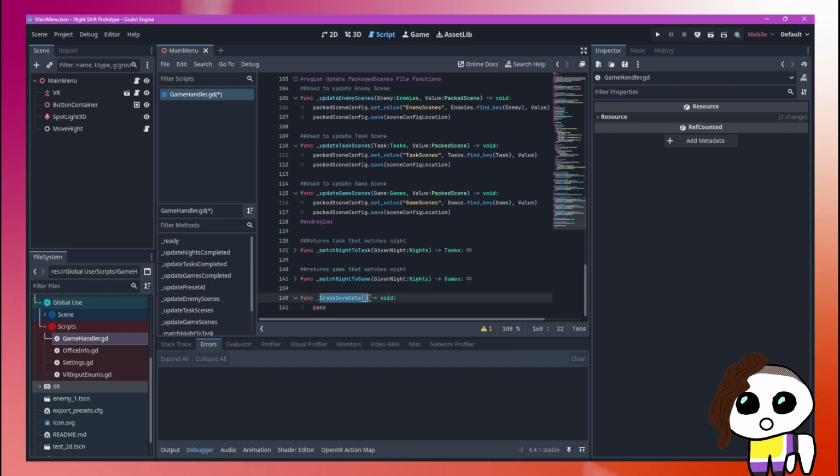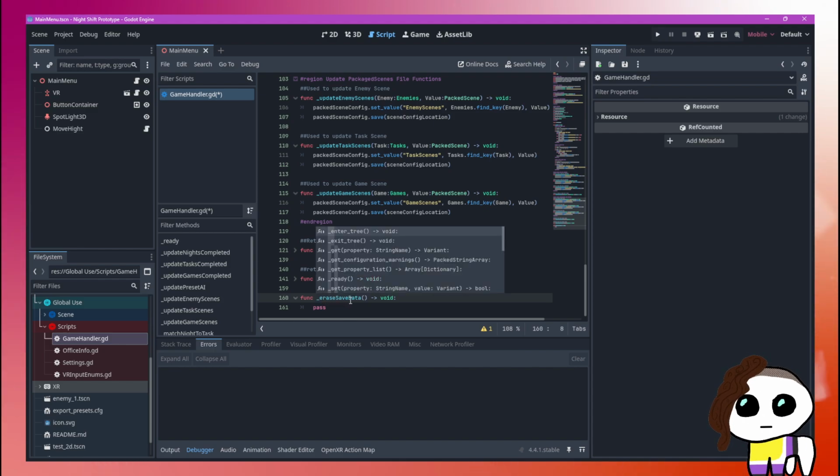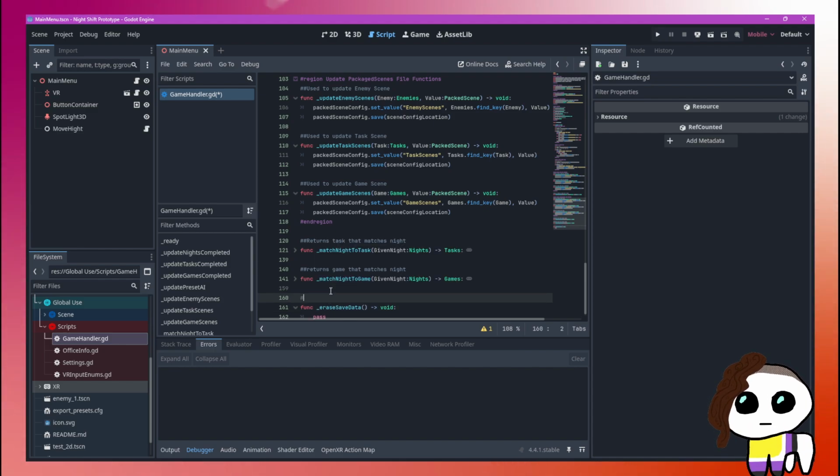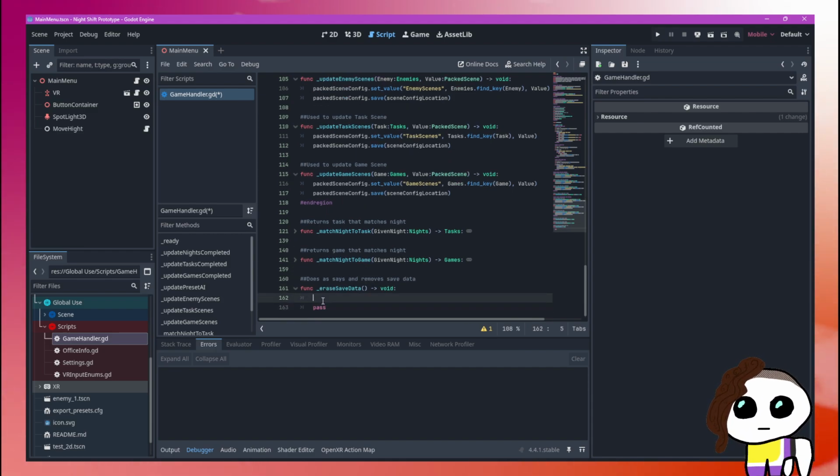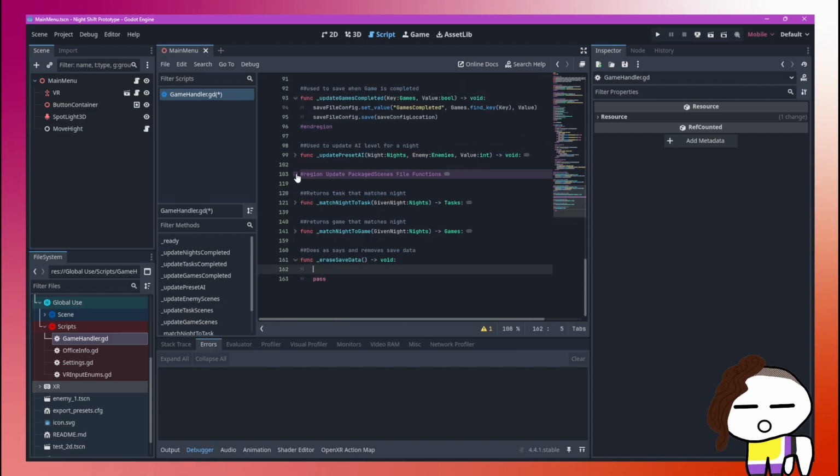Alright, erase save data. It does as it says, and that's going to be very easy because all I'm going to do is